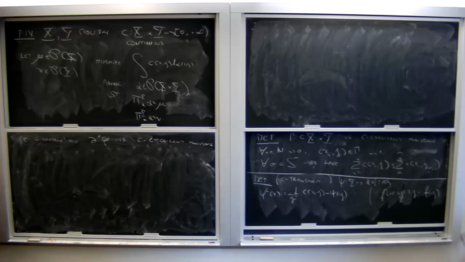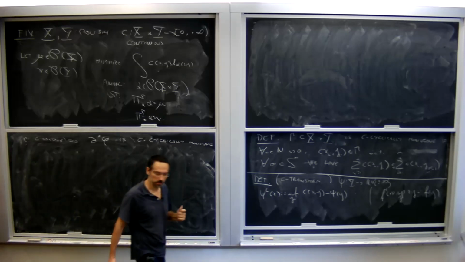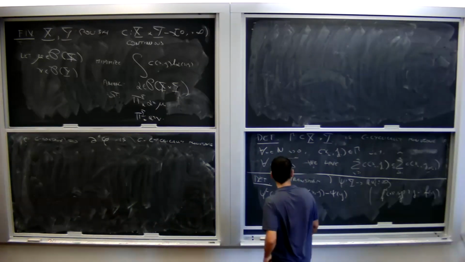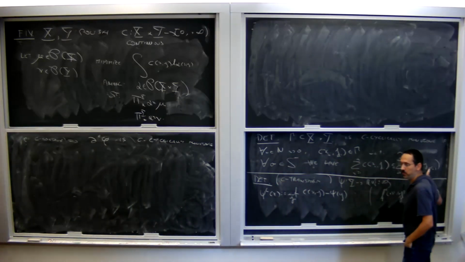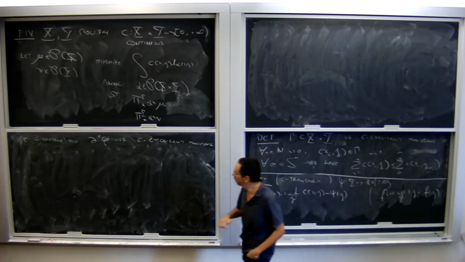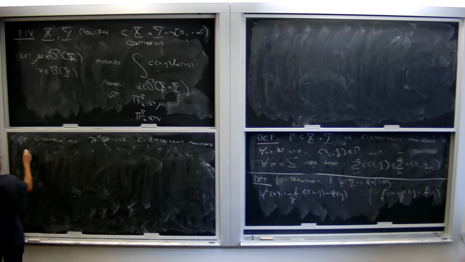Well, let's look at the definition, and it's going to be trivial, because C-cyclically monotone means that this happens, right? So what should I pick? I should pick a finite collection of (x_i, y_i) in the C-superdifferential of phi, and a permutation sigma, right? And then I should check whether that equality holds. And so let's have a look.